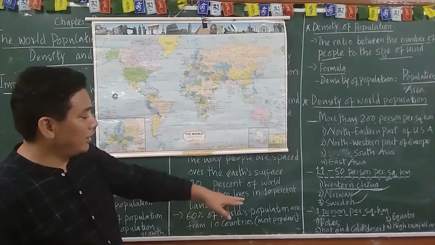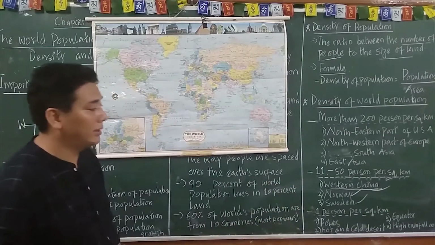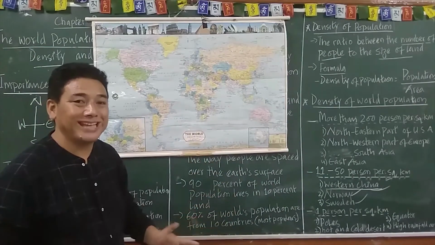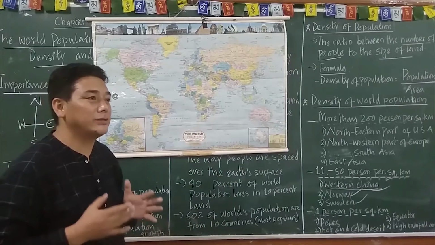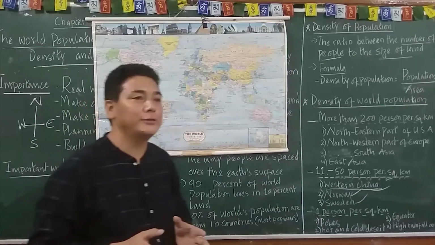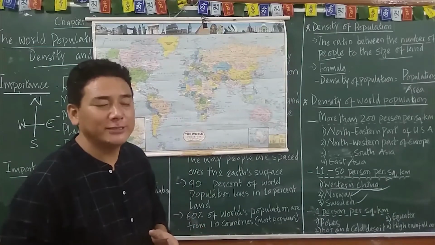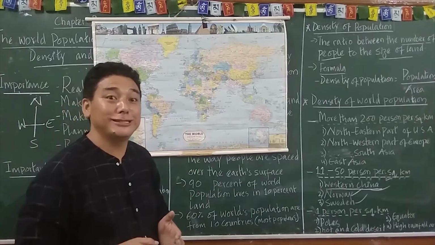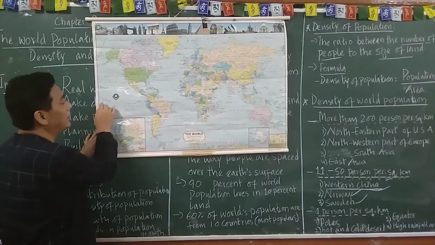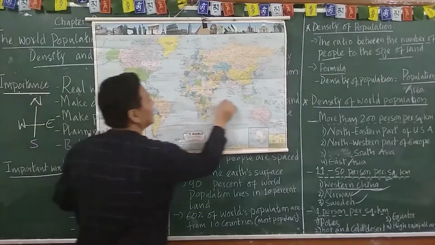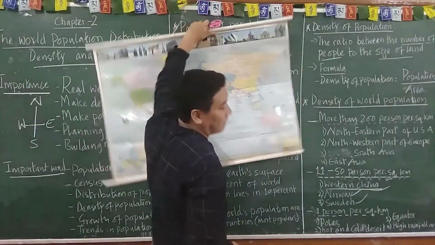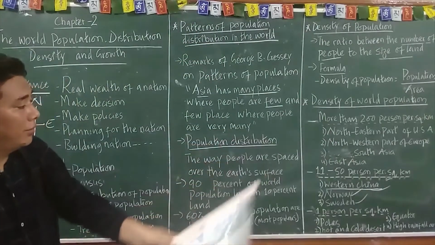Then the other one is the equator. You will find less distribution of population at the equator, where there is excessive sunlight and excessive rainfall, by which you will find thick forest areas, and in the deep forest area, you will find less population living there. Is that clear? So the equator, this is 0 degrees, and in these lines, in this area, you will find less population living. And with this, we are going to stop